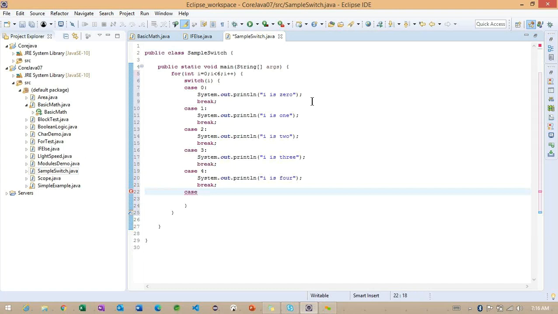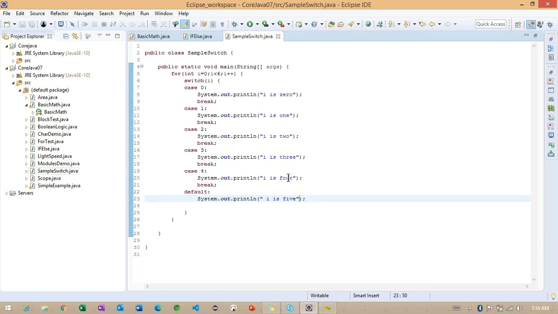So here by default, the fifth one I want to make the default one. If anything is not matched, it will go to this default. Here simply I want to print i is something called 5. So when these particular conditions are not satisfied, it is going to check with the default one. Right. Now we'll try to run the same example here.